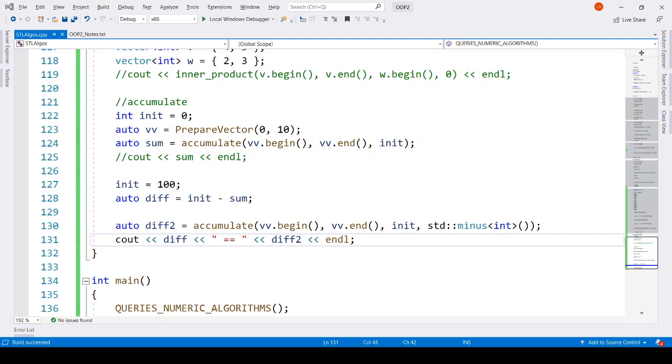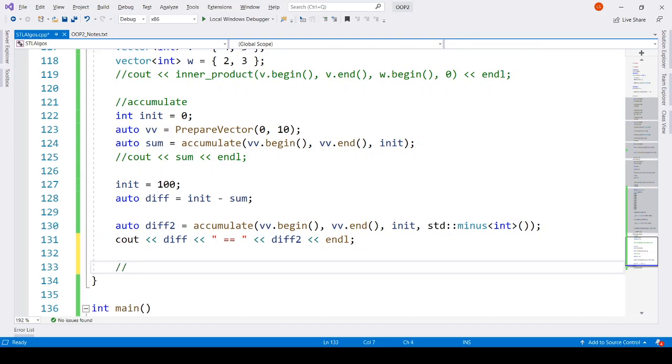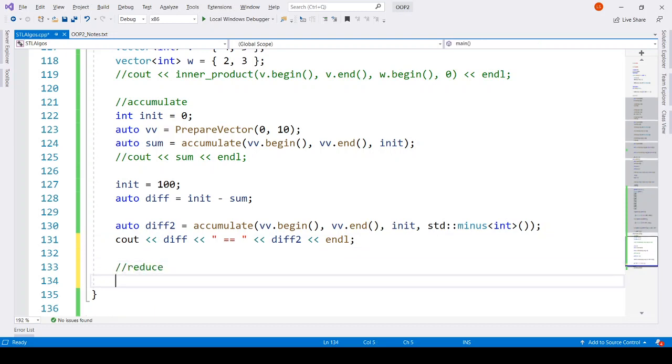Now let's move to another algorithm called reduce. This again is like accumulation. Okay. But what is the difference between reduce and accumulate?